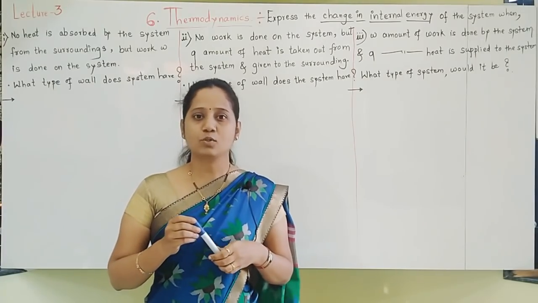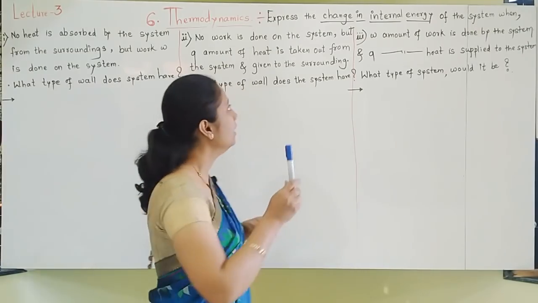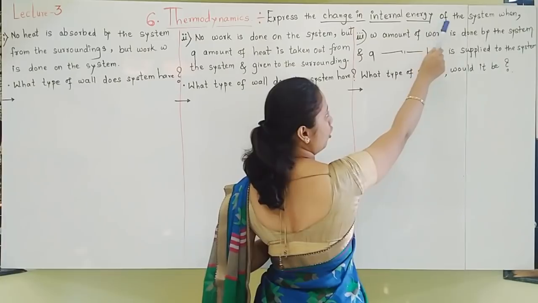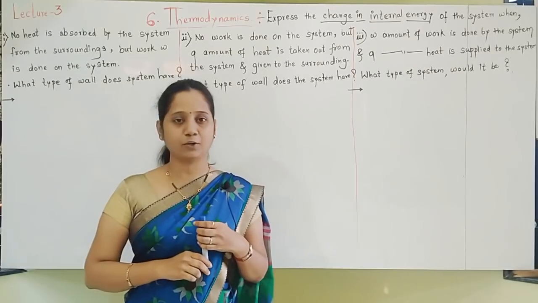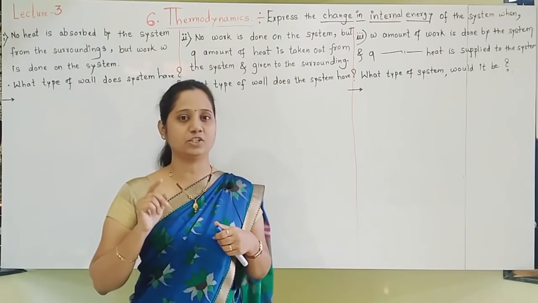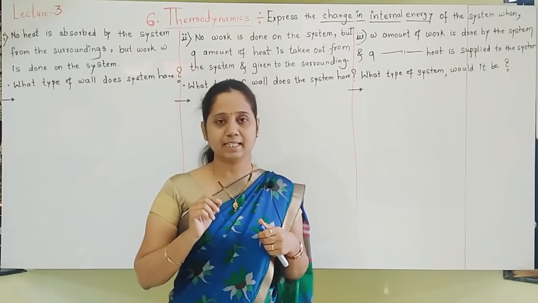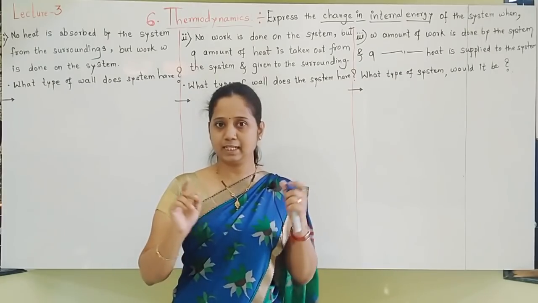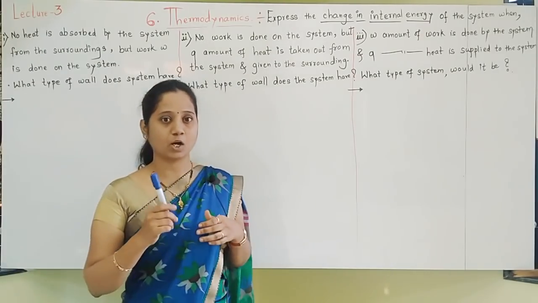Okay. So how are questions asked on the first law of thermodynamics? Let us say problems. The question is, express the change in internal energy of the system when... You have to express change in internal energy. I hope that you remember the first law of thermodynamics depends upon change in internal energy, which we have seen in the previous video. Change in internal energy is indicated by delta U is equal to W plus Q. It is the mathematical form for the first law of thermodynamics. Yes, let us see how to solve the problems.